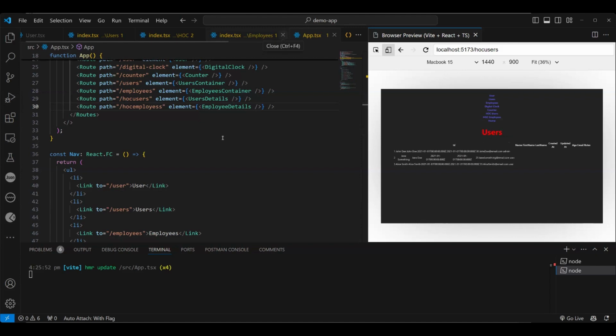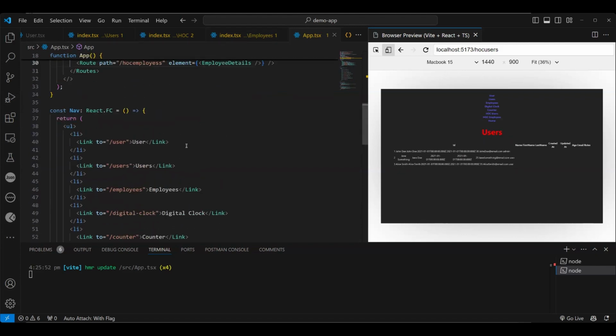So both the previous presentational and container components work the same way,